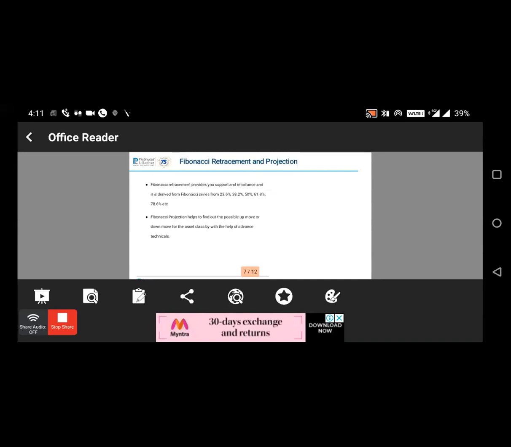This is again placed on the price chart, where you don't have to go in the lower panel and see. No need for that. So this is already applied on the price chart, and this will help you to understand कि मार्केट गिरने के बाद कितना ऊपर जा सकता है या ऊपर जाने के बाद कितना नीचे आ सकता है.